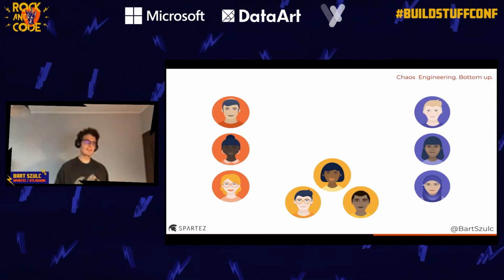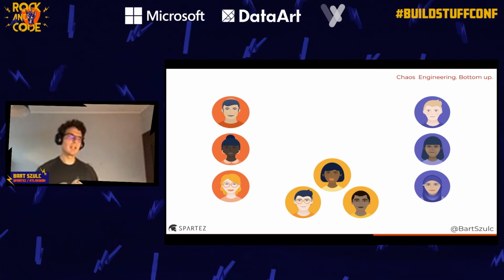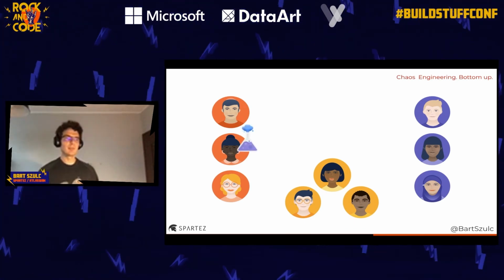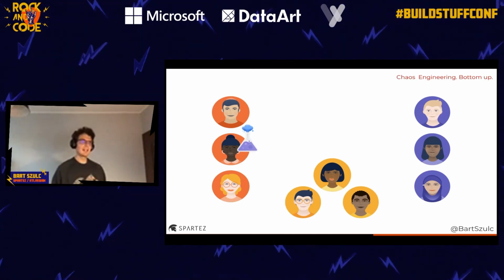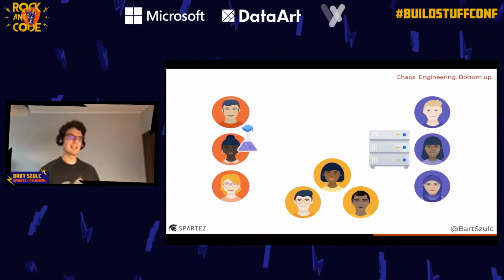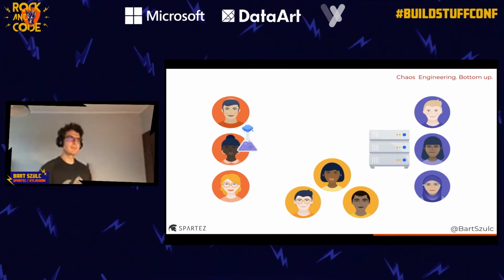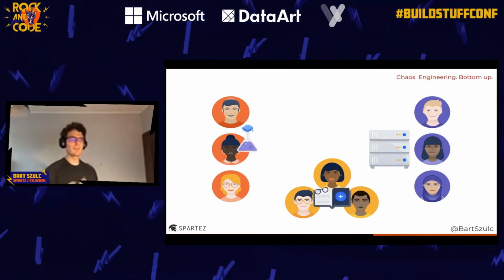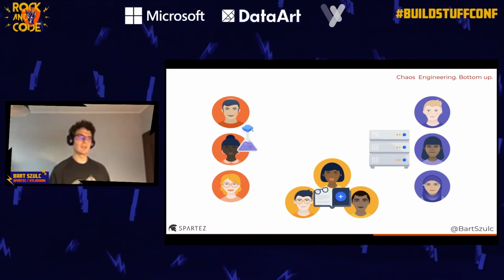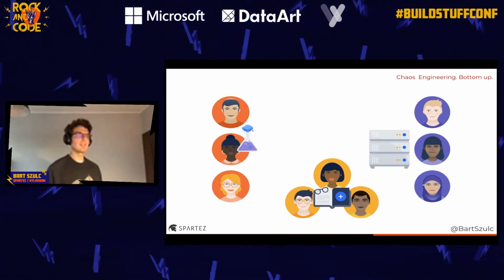So how does it look? We have people in different roles: red, blue, and yellow team. The red team is responsible for running the experiment. The blue team is there to guard the system, or at least, in case something goes wrong, fix the problem. And yellow is just to observe both teams and take notes, because most likely if anything goes wrong, those notes will be used to conduct post root cause analysis.